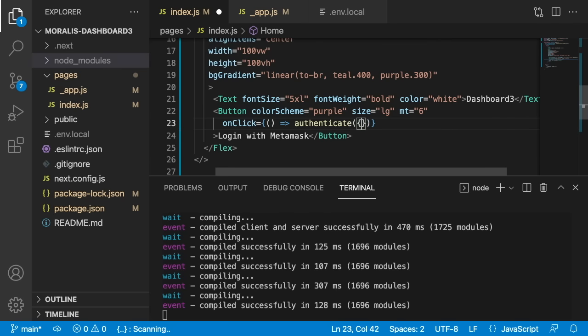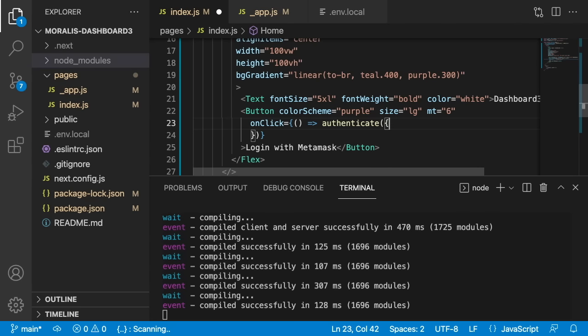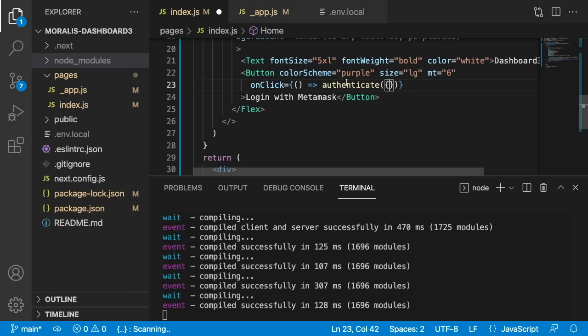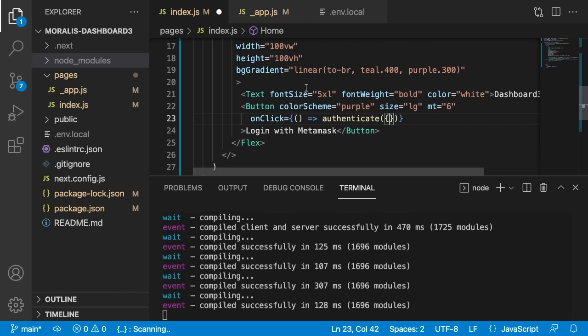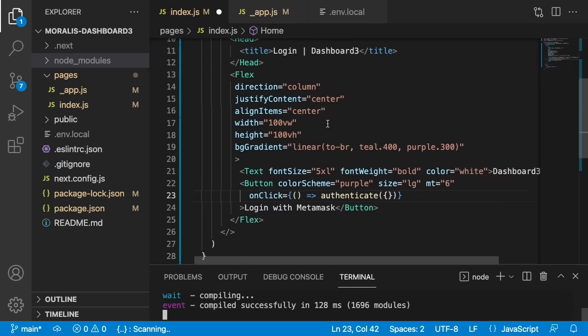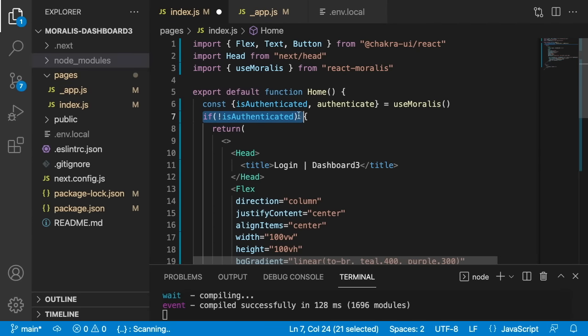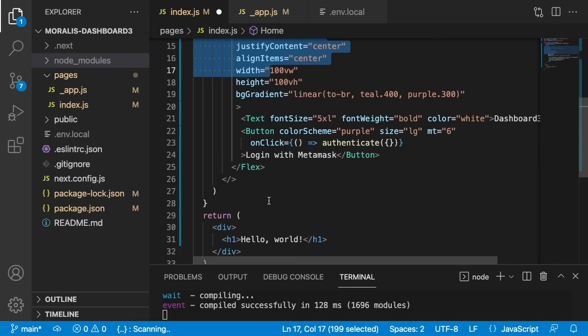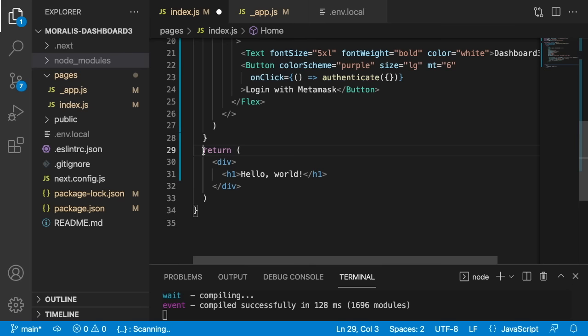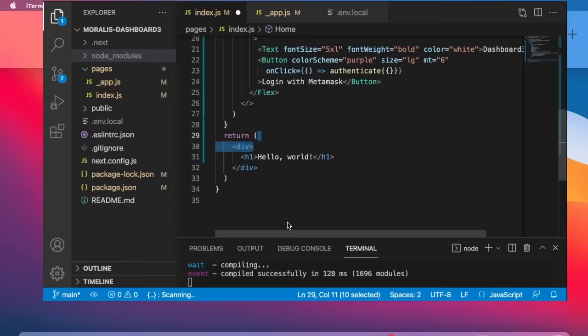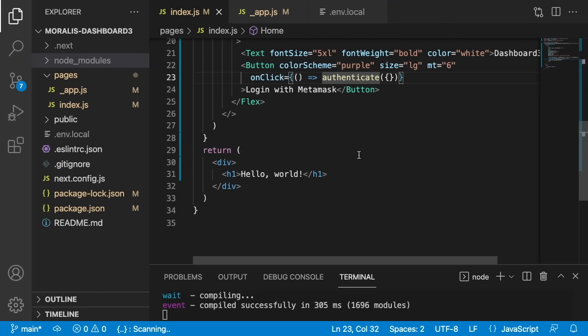Perfect. So now Authenticate, we can pass some props to it, but let's try it in this way without passing any props, and then we will change it just to show how it works. As of now, if the user is not authenticated, return this login screen. Else, it means the user is authenticated, so just give us a hello world h1 tag. So let's save